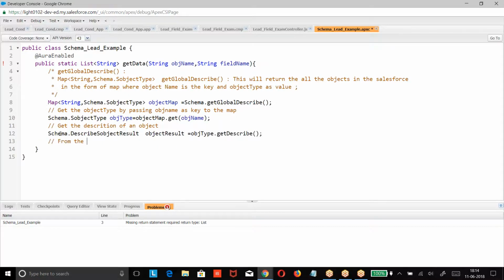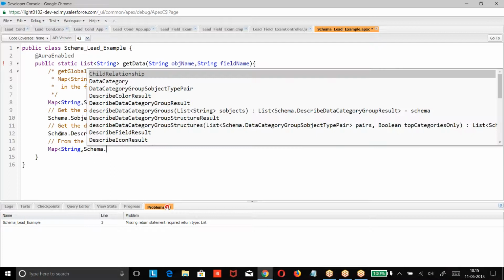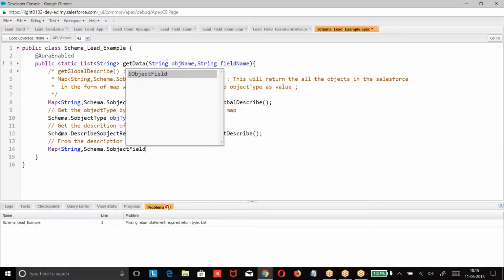From the description about an object, get the fields. How do you get the fields? Map of string comma schema dot is object field.